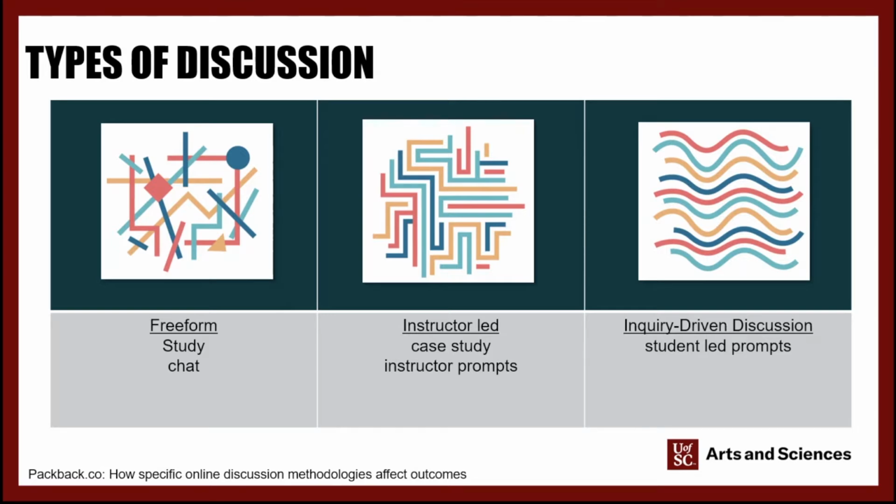Because discussions help students interact with the material, they become more engaged, and you can actually do this in a few different ways. So the first is freeform, and this is what we use our course cafe on Blackboard or a GroupMe chat for. It's a general chat room, students ask questions, they get to know each other, look for resources. It's just an unstructured conversation. The next is instructor-led, and so in this case, the instructor gives some sort of prompt, and then the students respond to that particular prompt. So things like case studies or a general question from within the material that you've discussed recently.